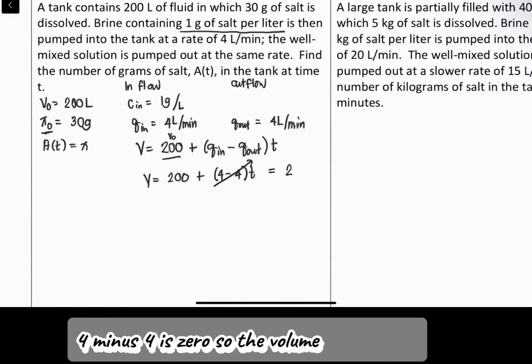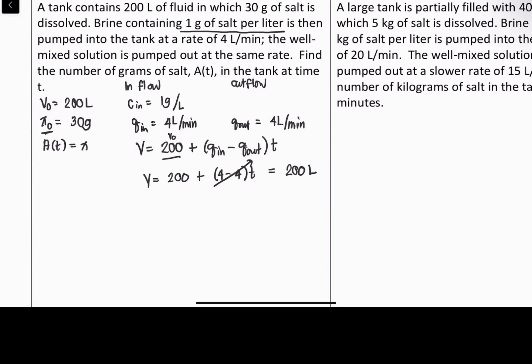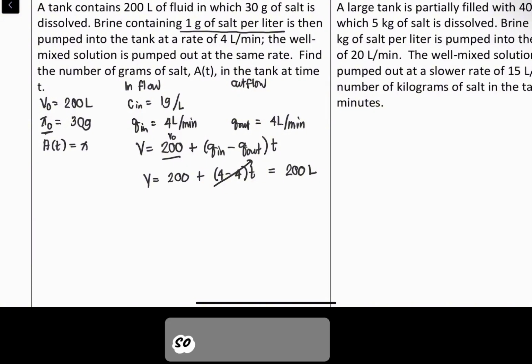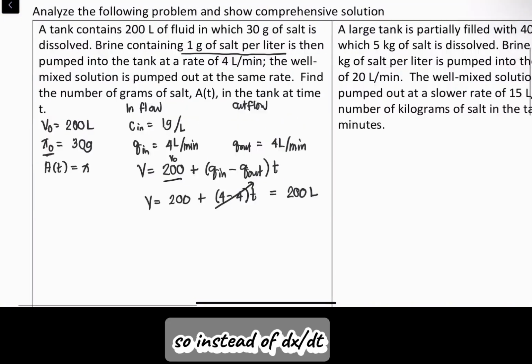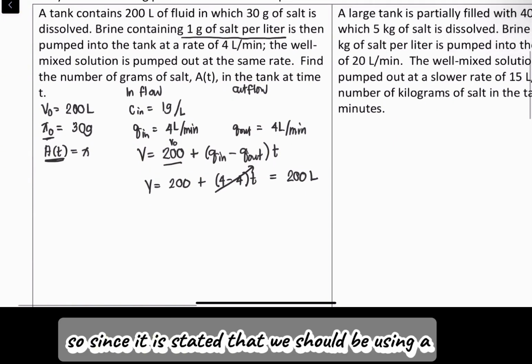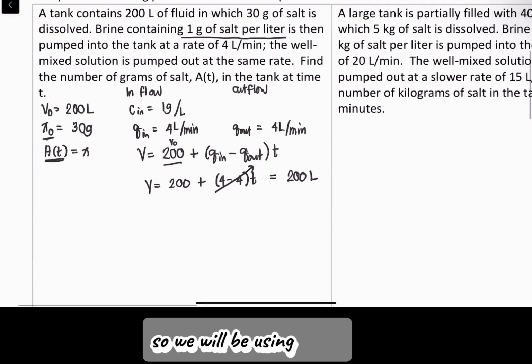So the volume is 200 liters. Now we need to find the rate at which it is changing. So instead of dx over dt, since it is stated that we should be using A, we will be using dA